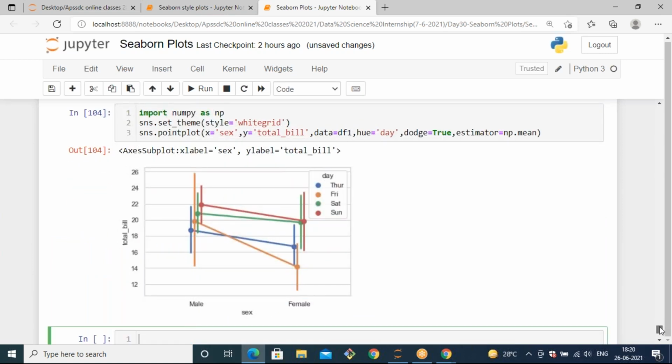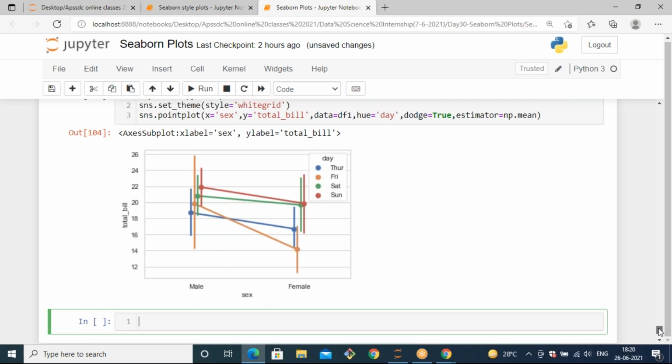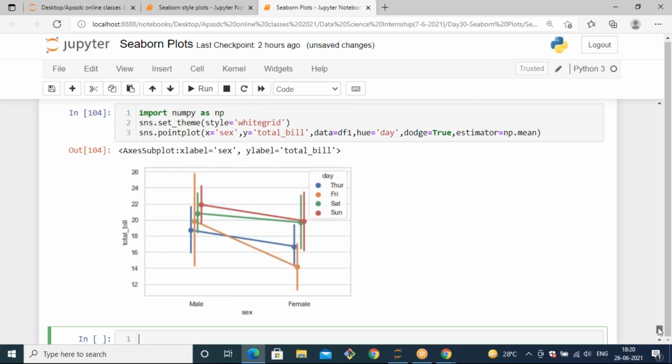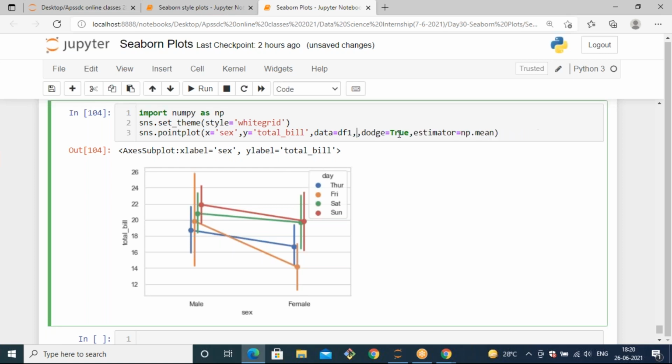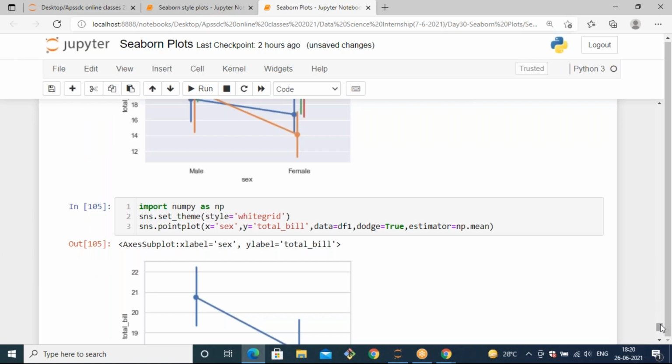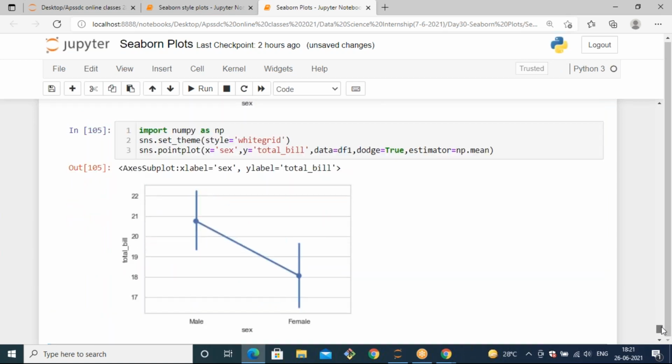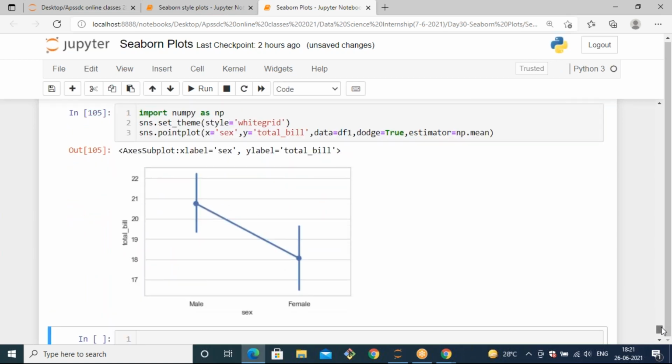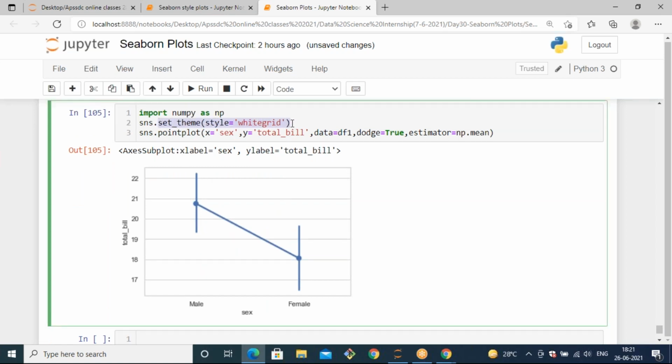Based on the mean calculation, it will generate plots for every day. If I remove this hue, let's observe the changes. The background is assigned the theme white grid, and the estimator is calculated as mean, with dodge equals true.